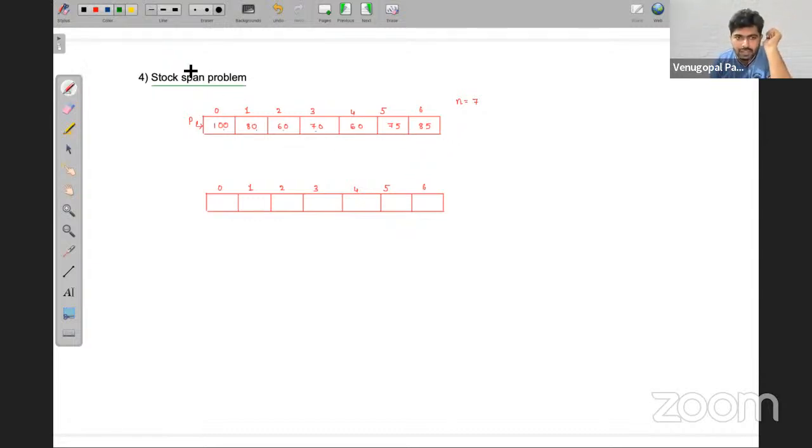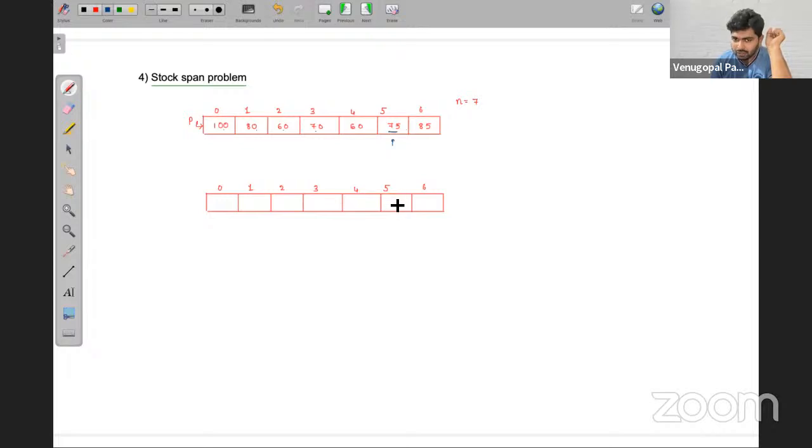Now they're asking you to find out a span. What is meant by span? They'll define it in the form of text. Span means you take any day, for example, let's say this day with price 75 rupees.